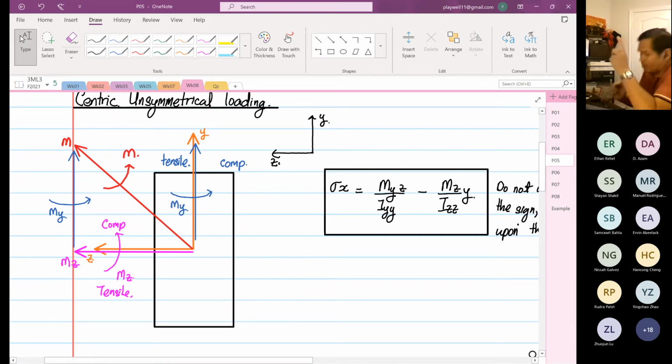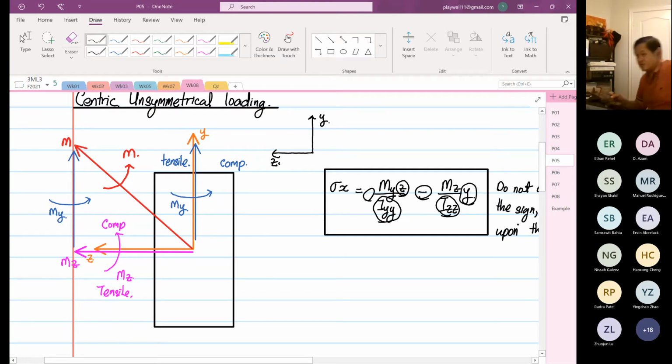Yes. What do students get confused about? Students get confused on the sign, and they get confused about what is Iyy and Izz and what is Y and Z. Okay. You all should not be confused anymore because of the technique I've taught you. So now,